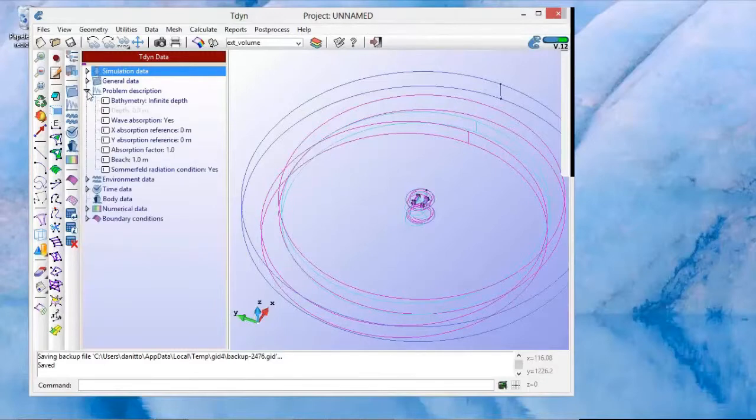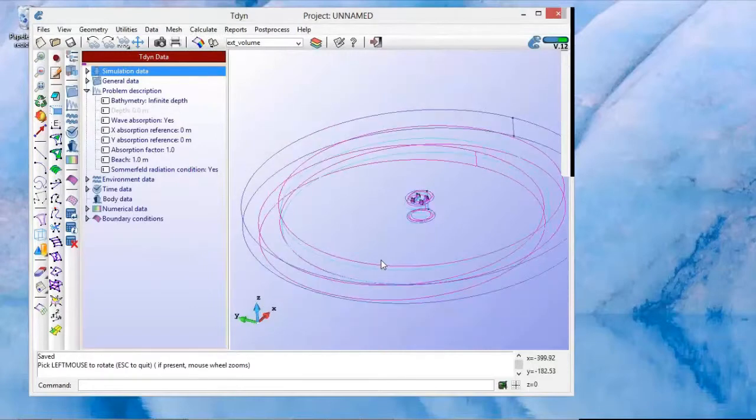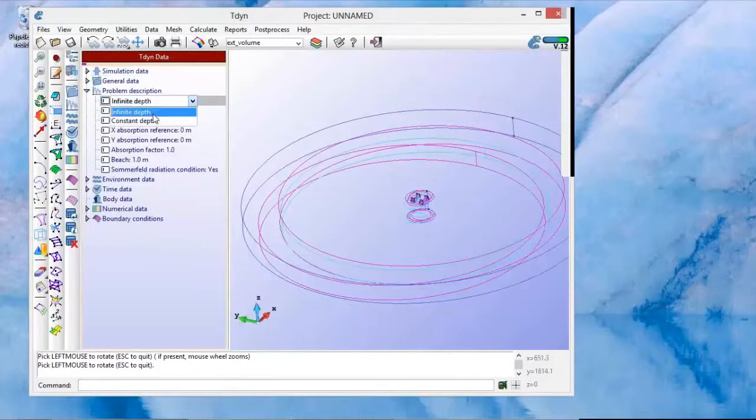The first thing we have to define in this case is the bathymetry of the problem. As I said before, we had defined a domain of 120 meters depth, and we will make it coincide with the depth of the problem. So choose constant depth,